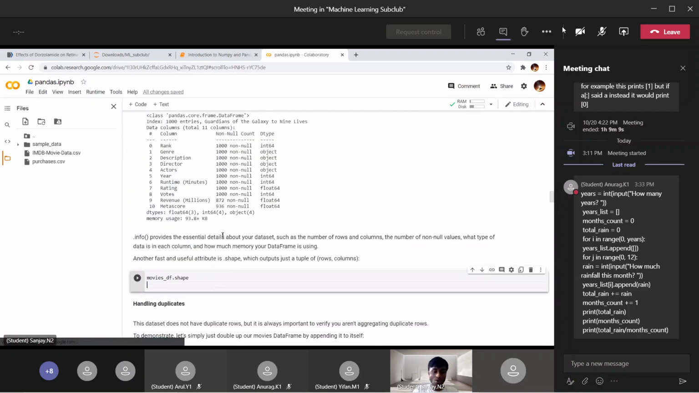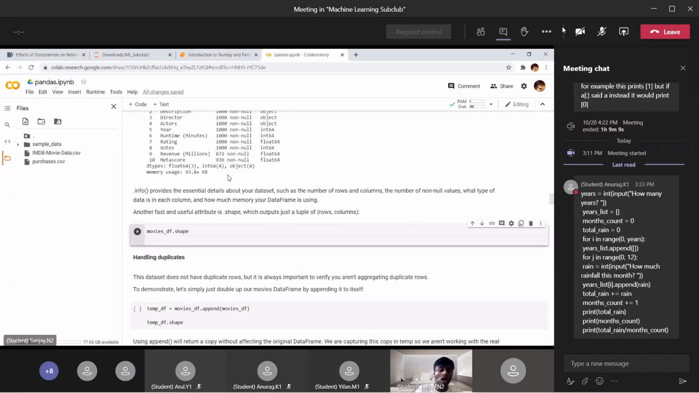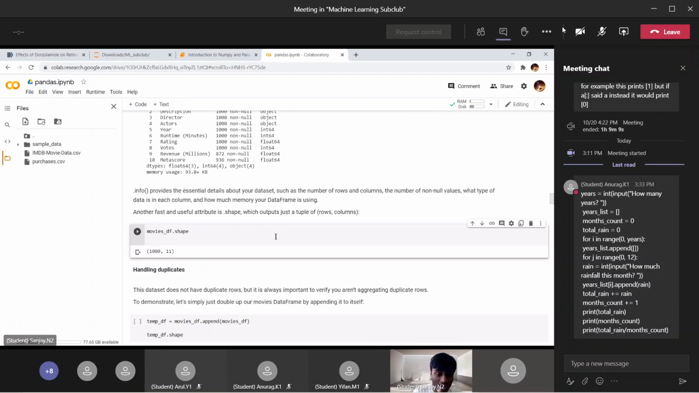But anyway, the info is kind of a useful function. And now we can get the shape. The shape gives us basically the number of rows and the number of columns. The first thing it gives you is actually a tuple. So it gives you a tuple of